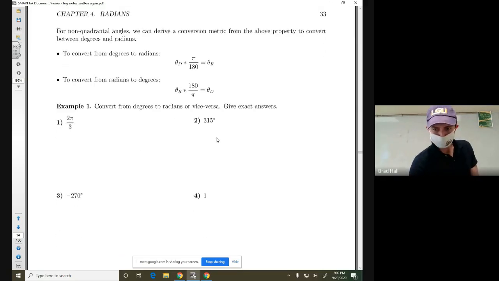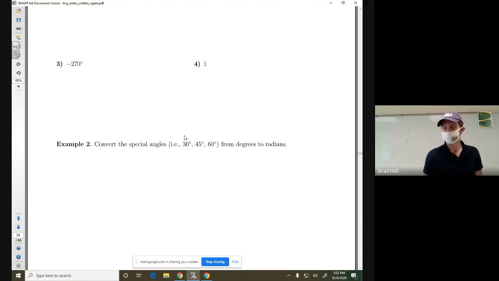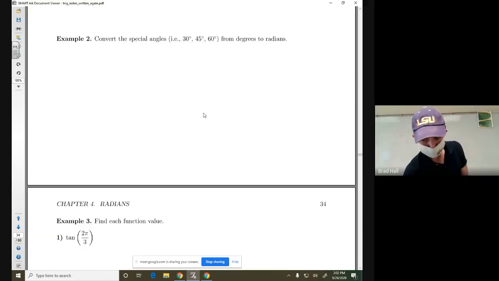All these conversions, we did those yesterday, and we talked about how to convert the special angles. As we go on through this class, in the next chapter in particular, we're going to look at things from more of a radian perspective, but knowing how they associate to their degree representation might give you a more intuitive idea of how to connect it to the special triangles that we talked about. But in the meantime,